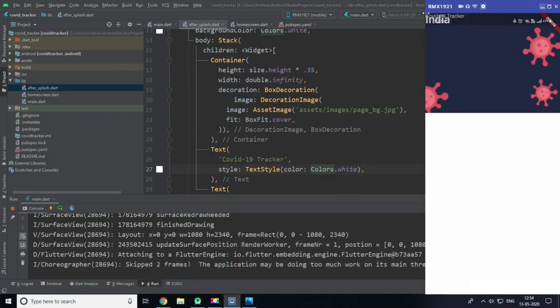You can see that we have COVID-19 tracker and India written at the top of our app, which is an issue. Now we need to set this text inside our frame.